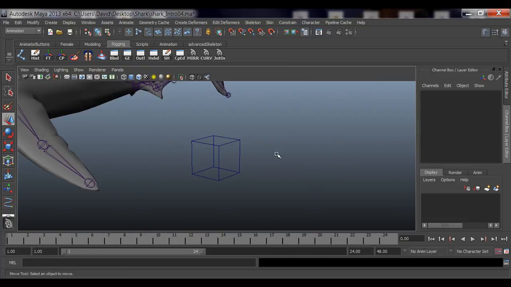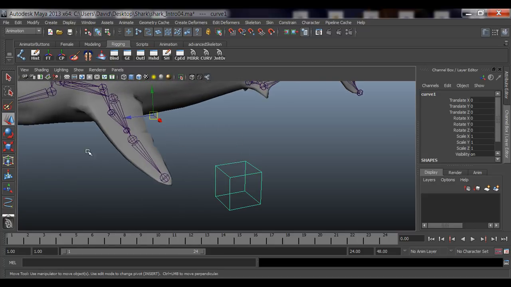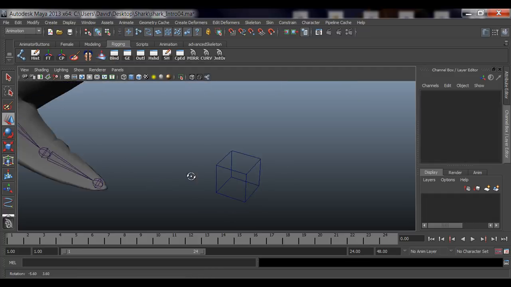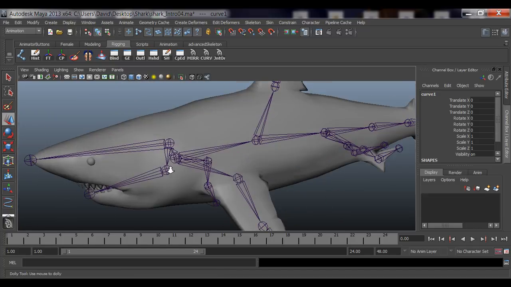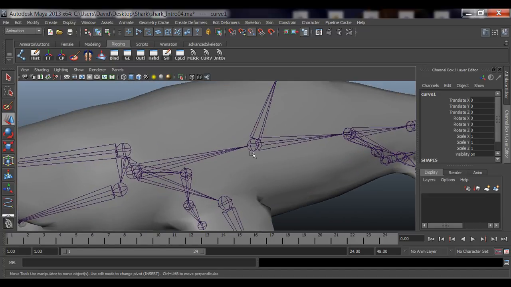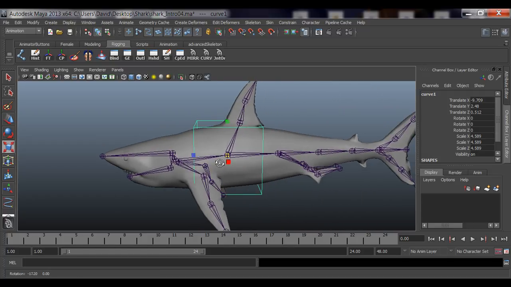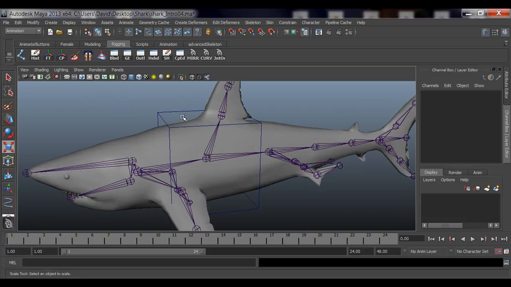So I can close this, click on it, press W, check the pivot area. It's not where I want it to be. Go to modify, center pivot, and then now we have a nice controller here. Again, hold down V to snap to a point, rescale this, and there we have a nice clean controller here. One last thing,